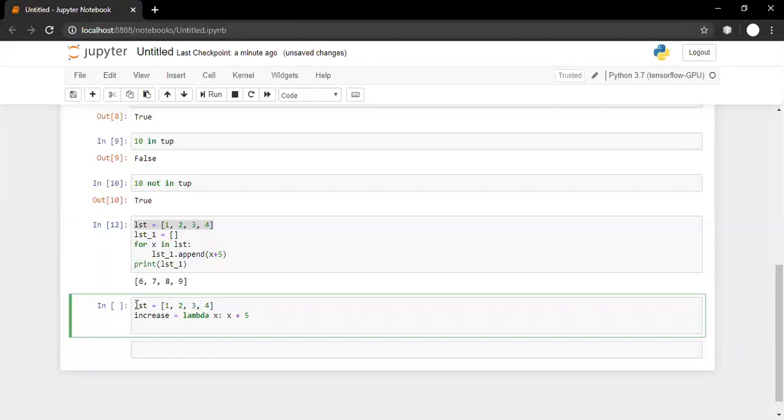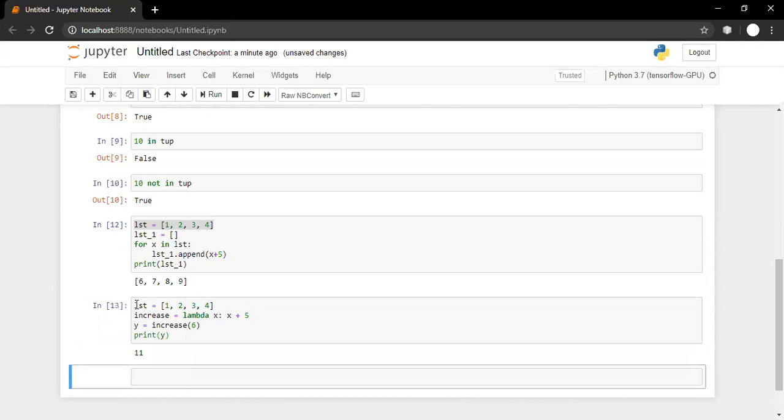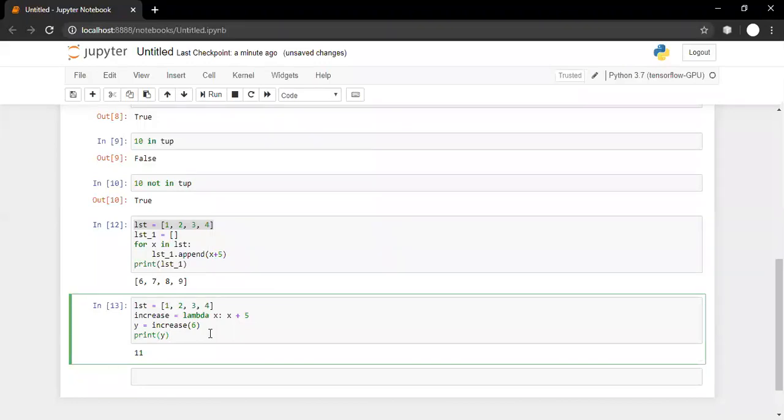So how can we call this thing? I can call increase by passing 6, receiving the result in some variable, let us say y, and then print that variable. So 6 is incremented by 5, that is 6 plus 5, 11. So this is how we can call the lambda function.